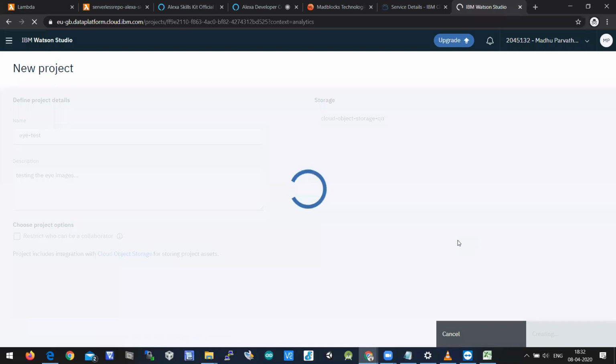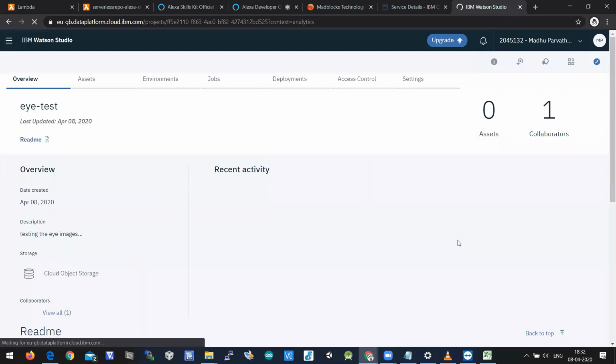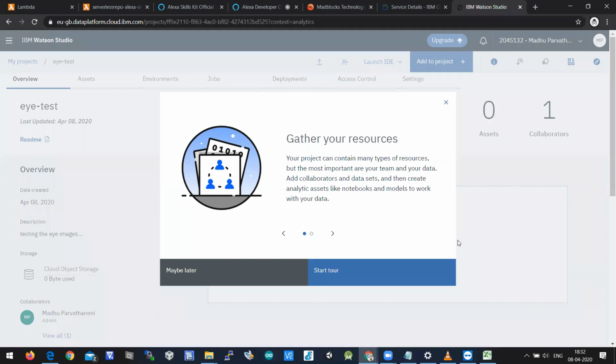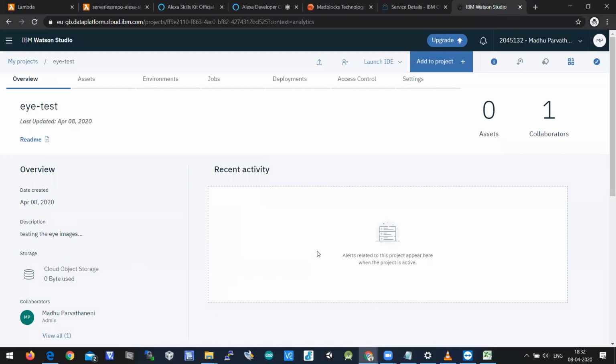Now the project will be created in IBM Watson Studio. Yes, the project is created, with the name iTest.